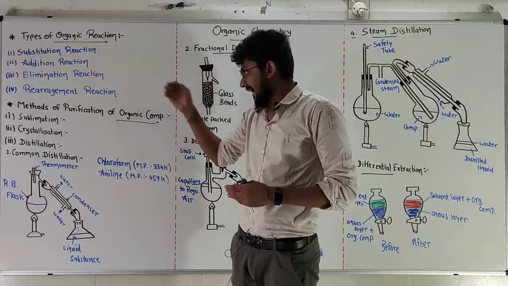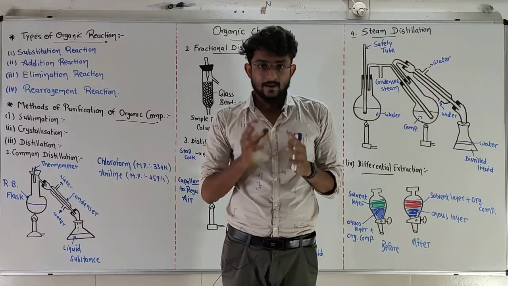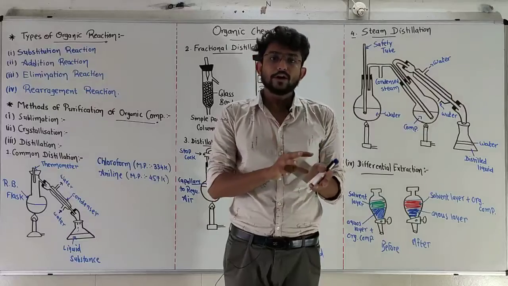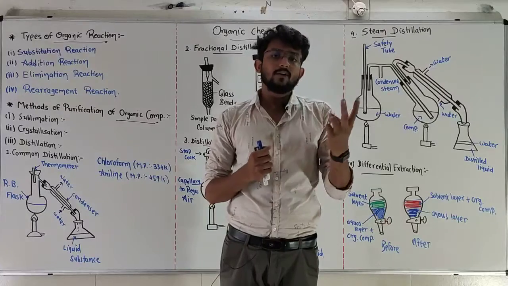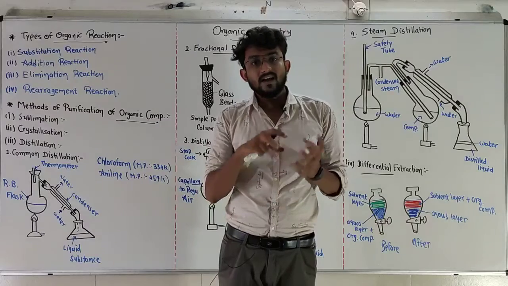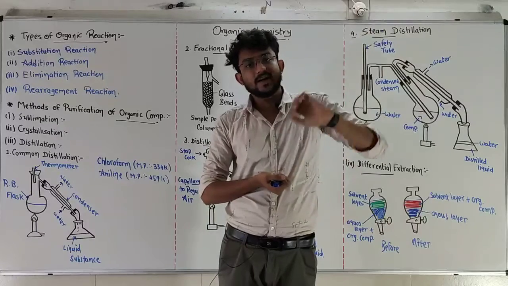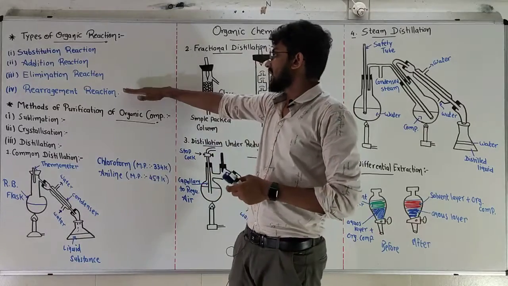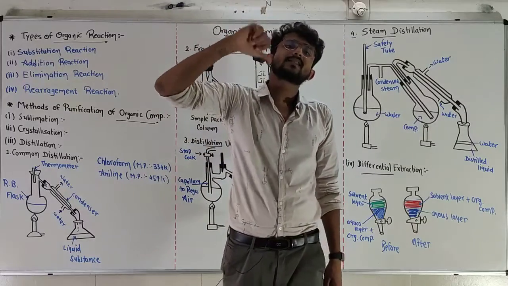After that, the rearrangement reaction. Suppose our molecule has some bonds which are unstable. So our molecule will rearrange itself. For example, there is a double bond on the first 2 carbons and OH on the third carbon. Then it will rearrange itself. The hydrogen of the OH will go to the second carbon and the double bond will shift to the carbon-oxygen bond. That is known as a rearrangement reaction.